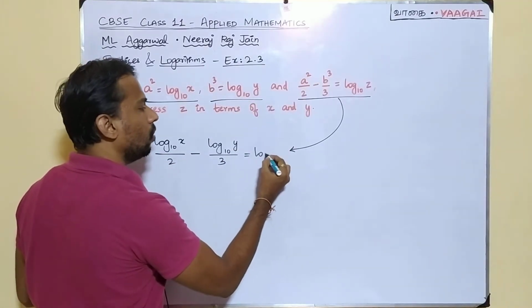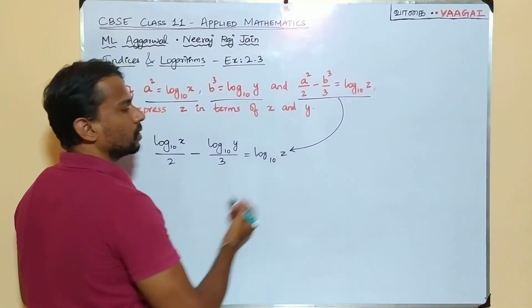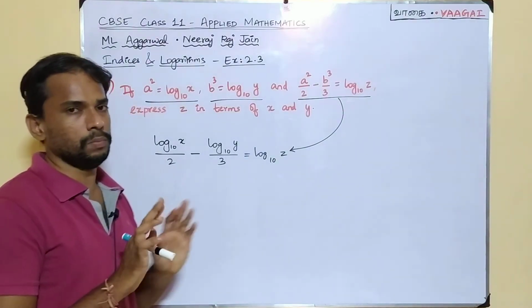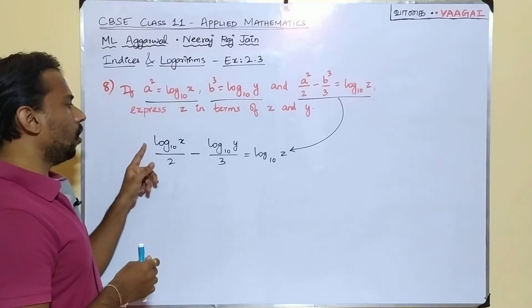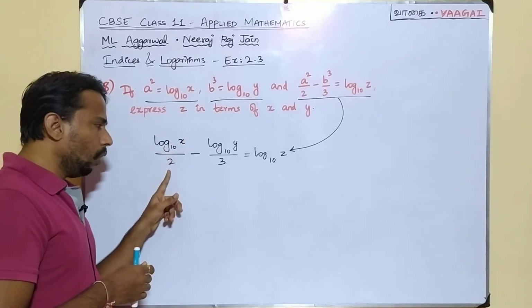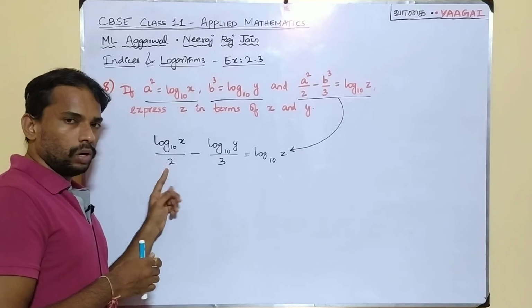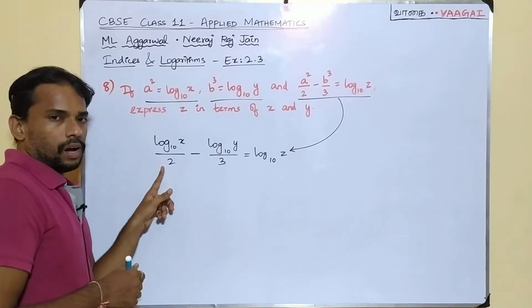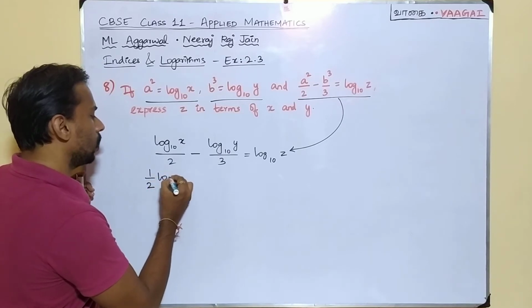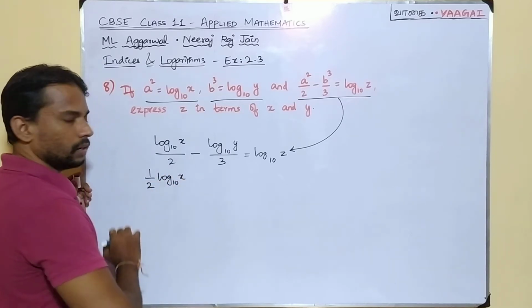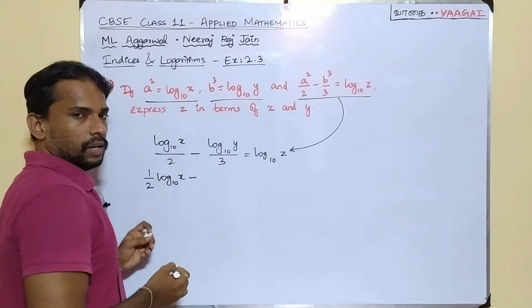On the right hand side we have log z to the base 10. That's it. This is all we are doing here. Simple. Next, here we have log x to the base 10 whole divided by 2. What is this whole divided by 2? This is like half. So we can very well write this as half of log of x to the base 10 minus, similarly here